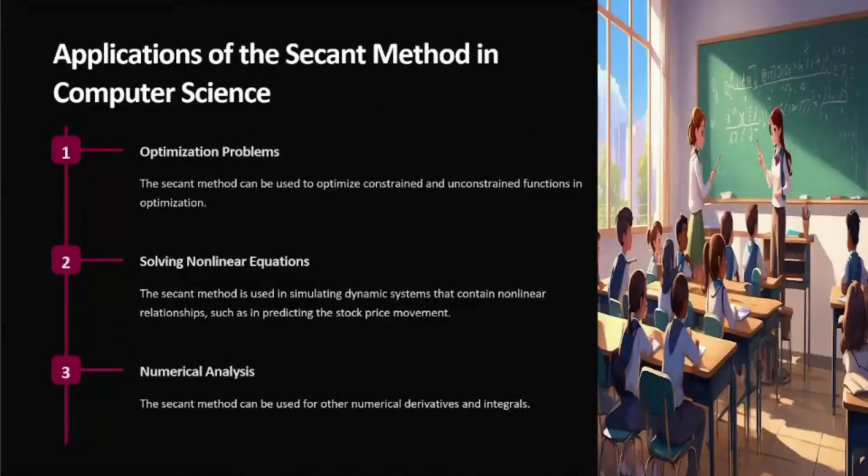The next slide is about the applications of the secant method in computer sciences. Those are optimization problems, solving nonlinear equations, and numerical analysis. First of all, optimization problems: the secant method can be used to optimize constrained and unconstrained functions. Now, solving nonlinear equations: the secant method is used in simulating dynamic systems that contain nonlinear relationships, such as predicting stock price movement. And numerical analysis: the secant method can be used for numerical derivatives and integrals. Now, moving towards the next slide,